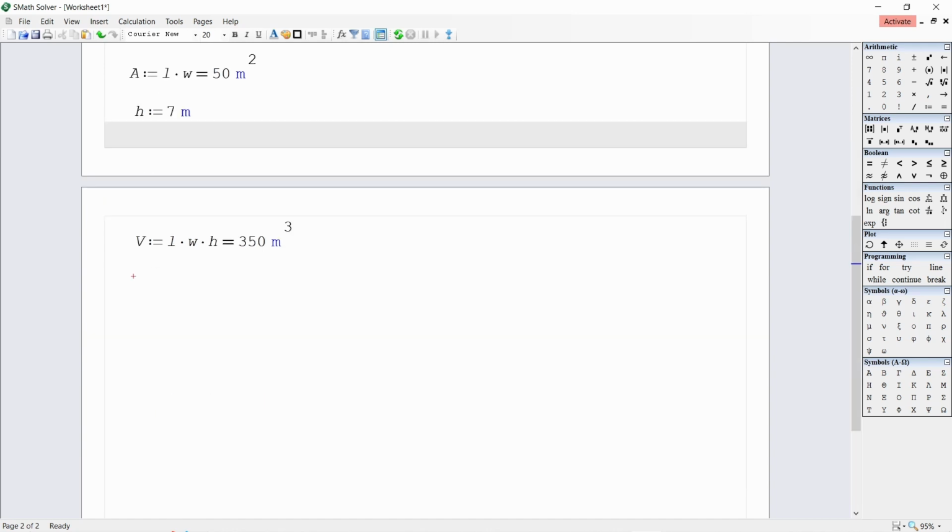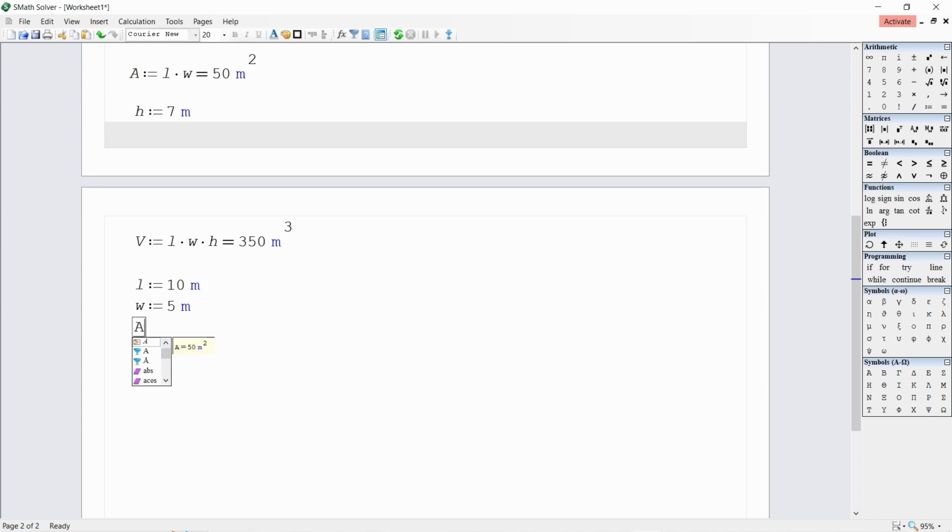Now, the second method is by using single quote or apostrophe. Using the same example as above, type L equals 10 apostrophe M, then press enter. And then for the width, W equals 5 apostrophe M, press enter.